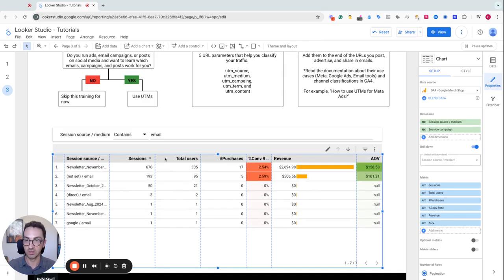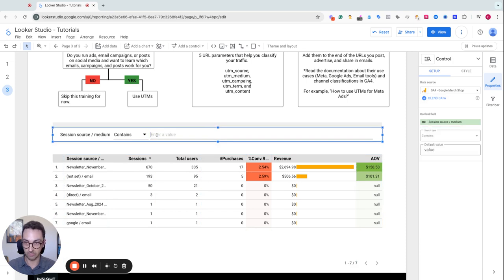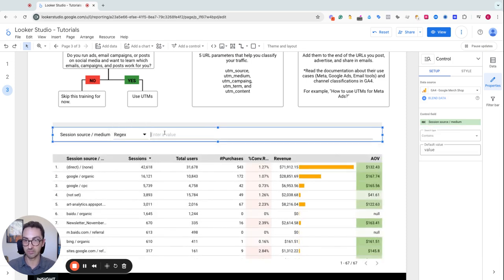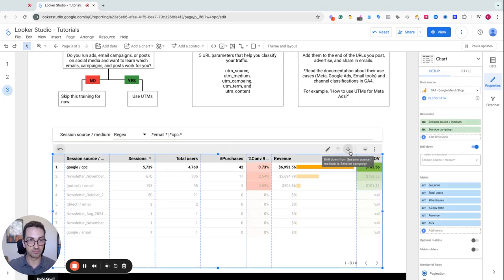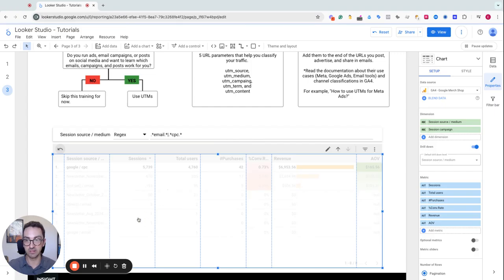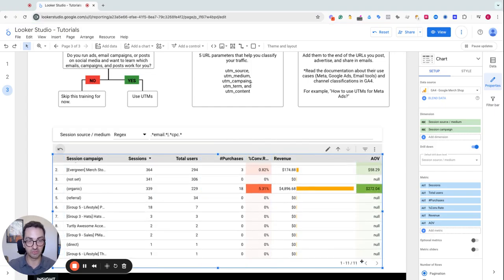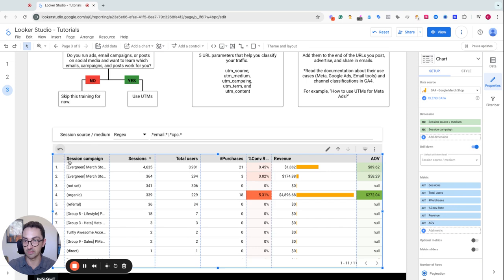Okay. Another thing that we can do is we can select, for example, regex. Let's say that you want to analyze 2 different UTM sets here. Let's select email again. And then let's do CPC. Okay. Now we ended up with 8 rows, one of which is for CPC. You can click on CPC and then dive into it as well. So there are 11 different campaigns in this CPC,